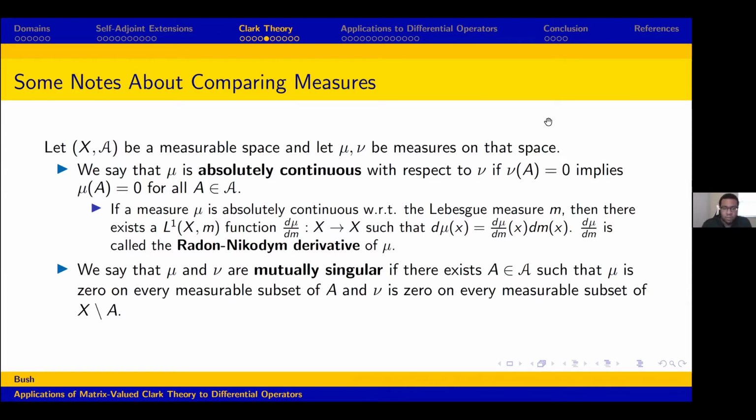And an easy example of this is the Lebesgue measure and a point mass. So say you have a point mass at 2, right? And I look at the set R minus 2. On the set R minus 2, that point mass at 2 sees absolutely nothing. And on the set {2}, the Lebesgue measure sees nothing because the Lebesgue measure of a single point is 0. And so we would say the Lebesgue measure is mutually singular with respect to point masses, which actually dovetails nicely into